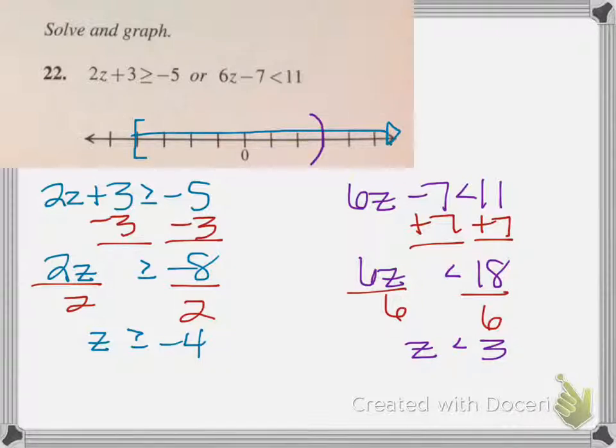And this is starting to look a little strange also. So I'm glad I did it in 2 different colors so we can look and see what we have going on here. Now on this one, if this was an AND situation, then what's in between the bracket and the parenthesis would be our solution, because those numbers meet both criteria at the same time. But since it's an OR, it can either be on the blue line or the purple line. Well, since they do overlap, that means it could be any number